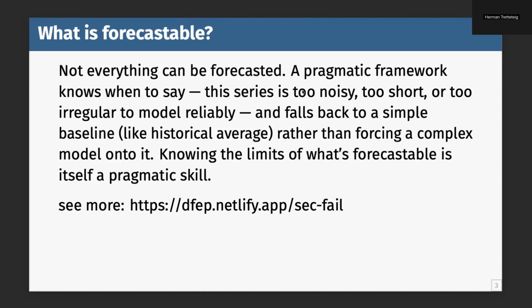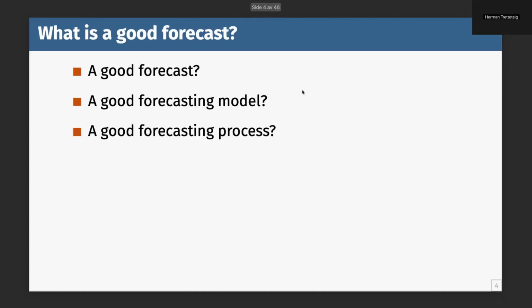So I just wanted to highlight that this must be the first thing that we look at: is the thing actually forecastable? If you don't have enough reason, don't go through all these transformers and deep learning. Maybe just do something simple that gives you some ideas, like a simple average or naive or seasonal naive, something like that. So you don't need really complicated ones. So I think with that, now we can start talking about